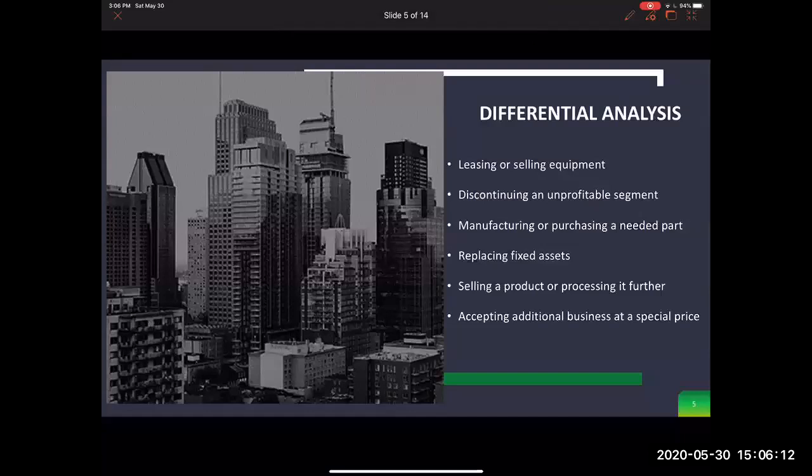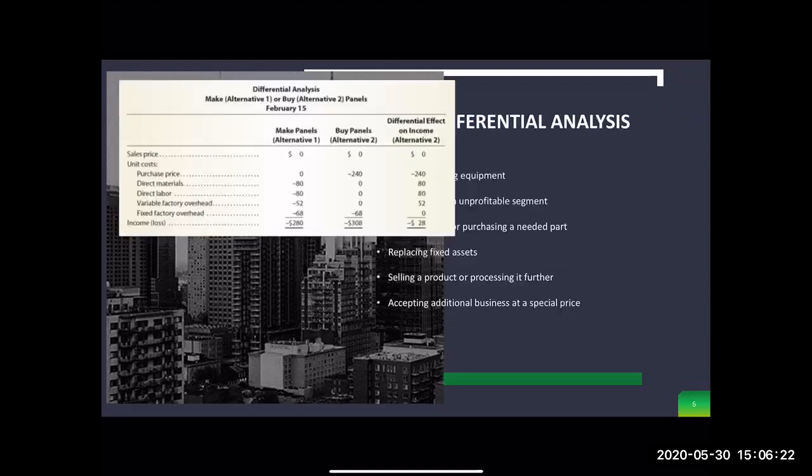All right, guys, so here we are in our next one where we will be looking at manufacturing or purchasing a needed part, better known as make or buy. In our make or buy example, before I get into the details, a really good example of make or buy is an automobile manufacturer. Maybe you can think of a Ford or Kia or Mercedes. They manufacture or assemble tires, radios, motors, interior seats, transmissions, and all the other parts to finish an automobile,